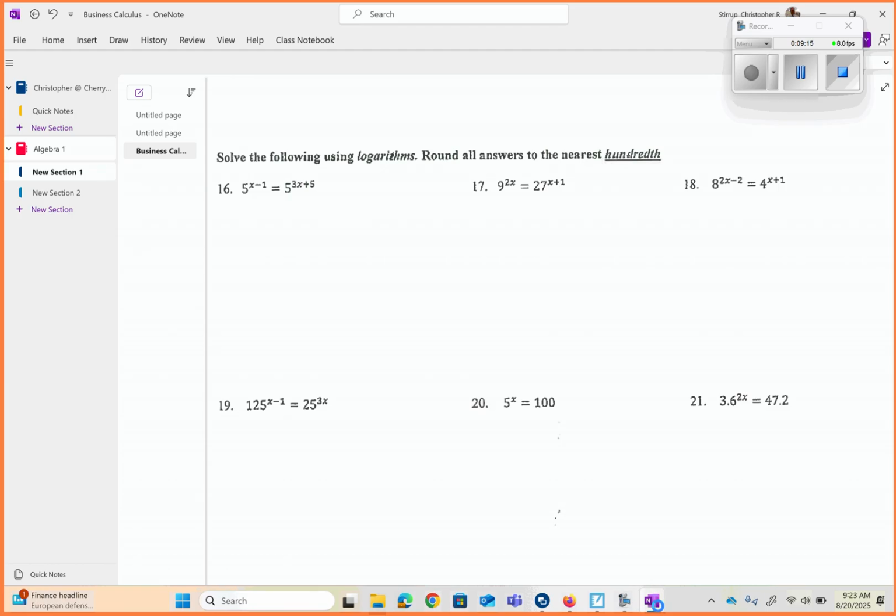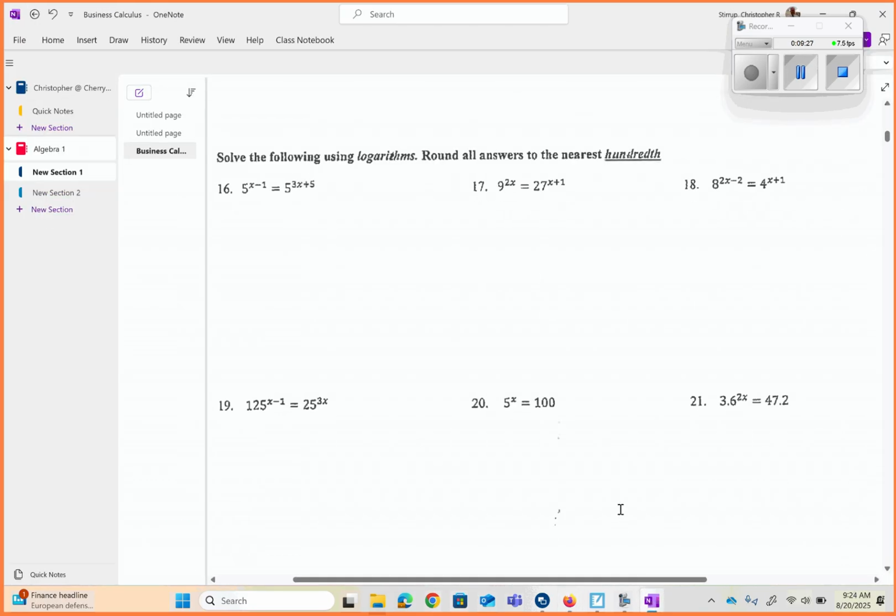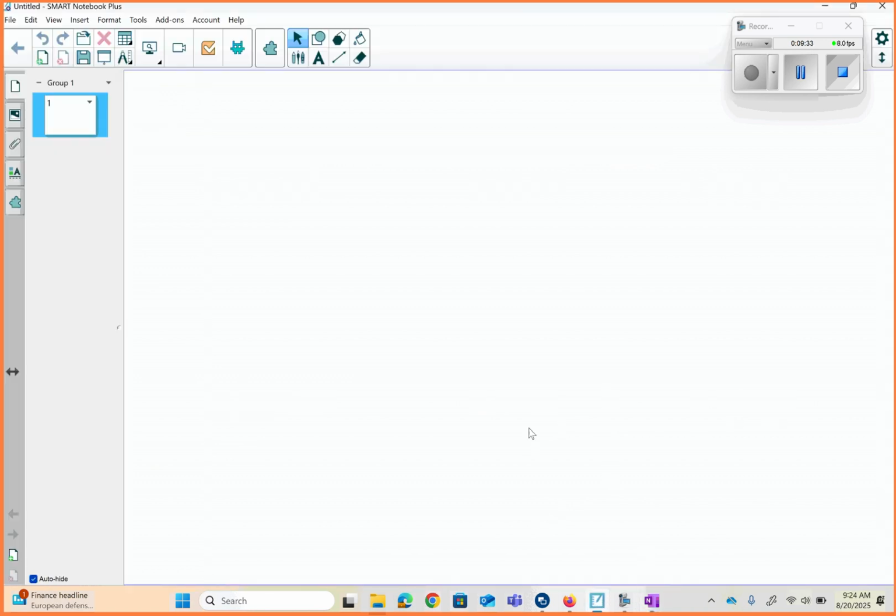So if we were to take, say, I don't know, pick one. Which one of those would you like to see? And I know this says solve using logarithms. We're not going to do that. We're going to use Desmos. Any of those you want to see? 21. You got it. All right, so problem number 21,